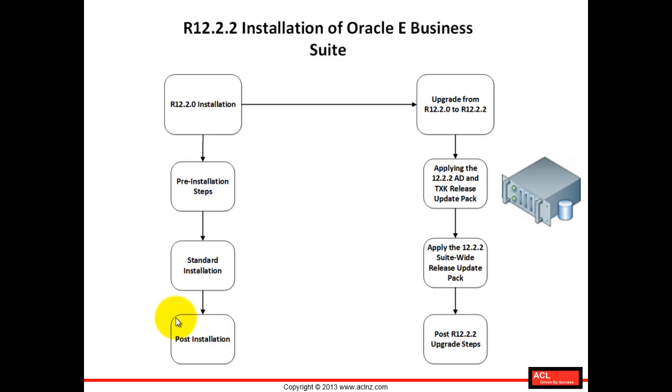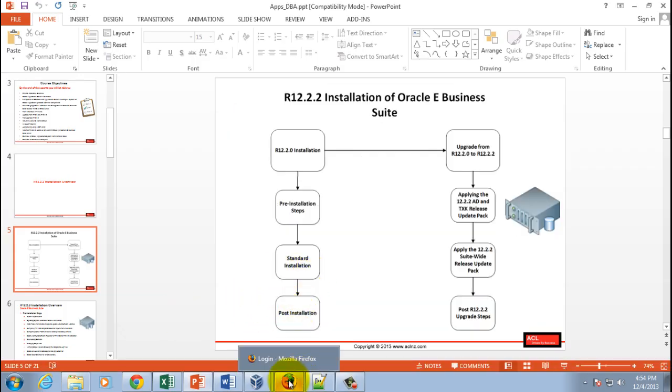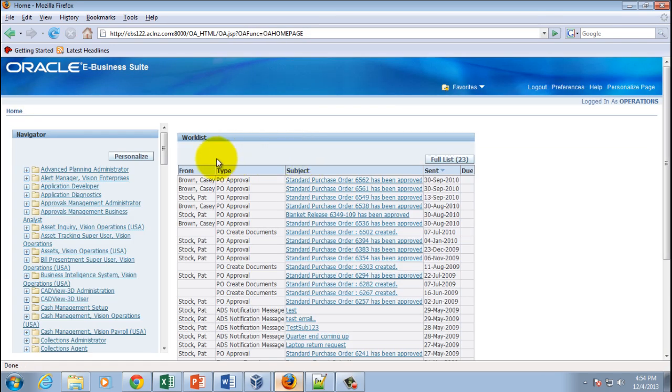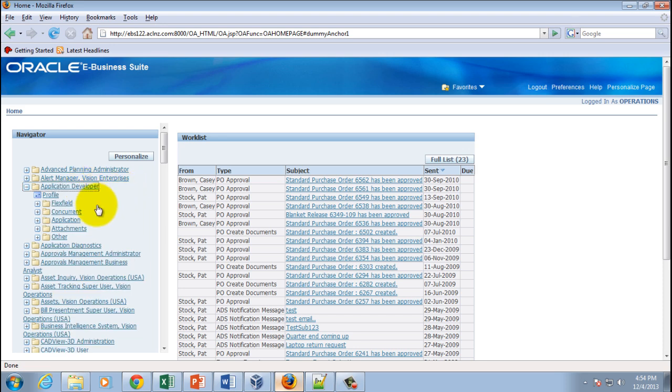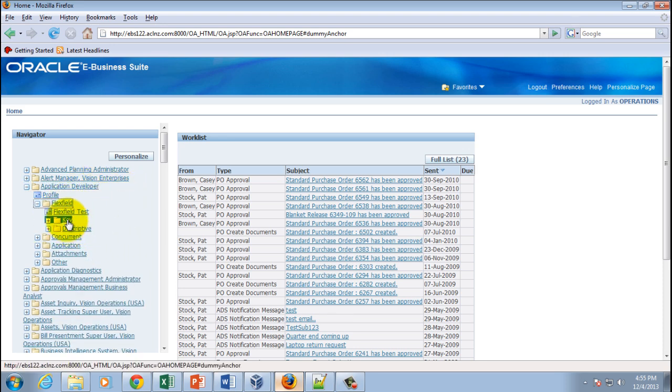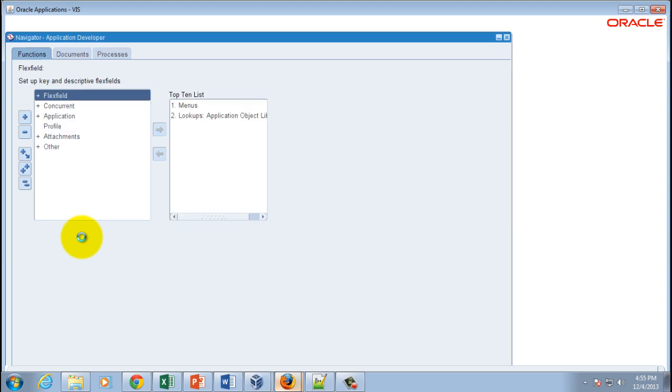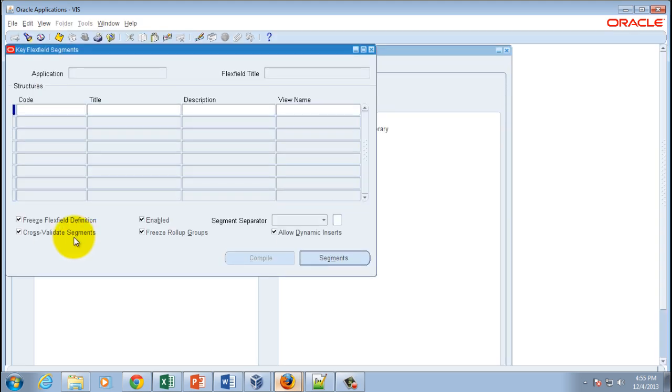So I will minimize this, and then I will go into Oracle Applications. So here is Oracle Applications that we have installed, and I will log in as the default demonstration user with password welcome, and hit the login button. Here I will simply go to any responsibility, say Application Developer. Then I go to a form. All I want to open is basically Oracle Application Forms, so that I can show you that indeed we have installed Oracle